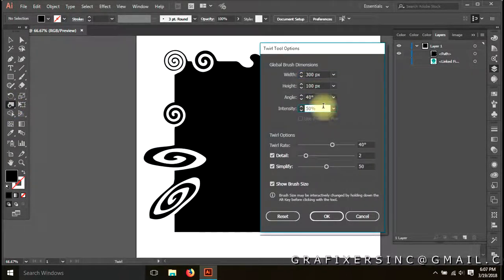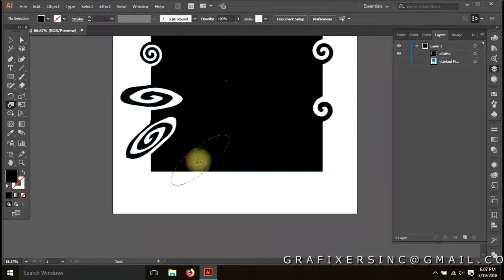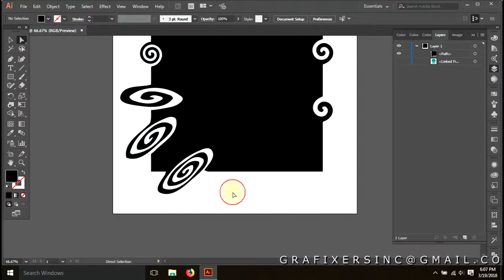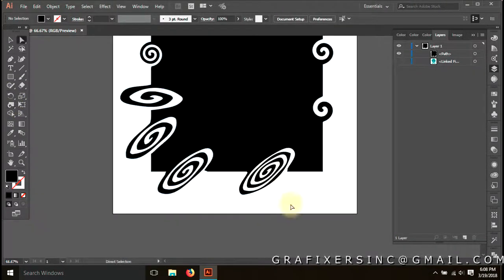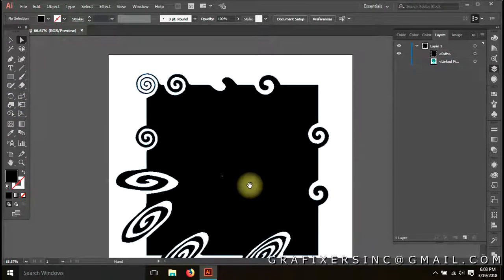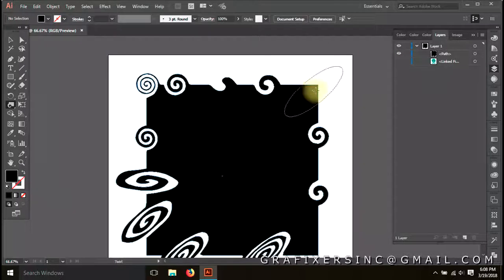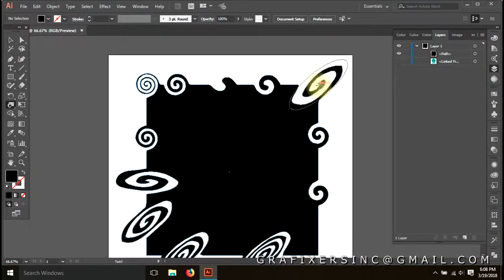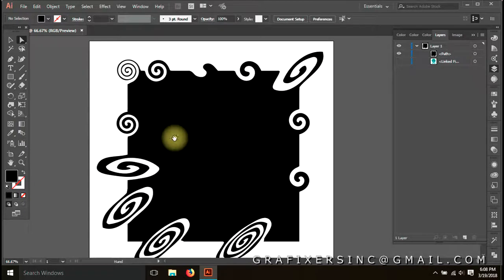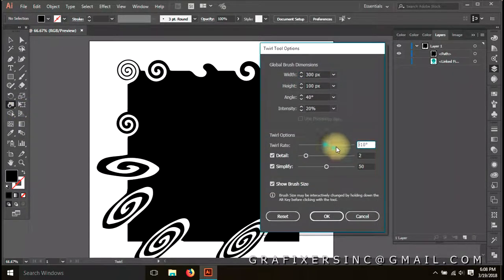Now I'm going to do the changes on intensity. I'm giving it 100 and then coming back and see how speedy it is now. And if I give it less intensity, like 20, it will move very slow. Again, going to the other, twirl rate. So if we increase to around 50, and then